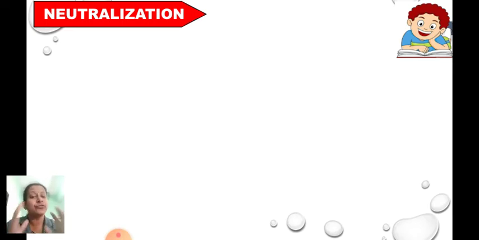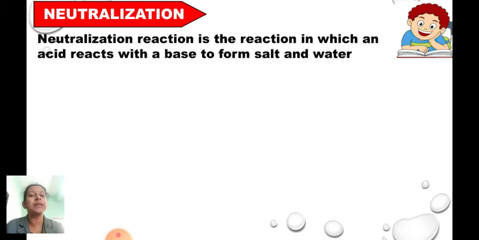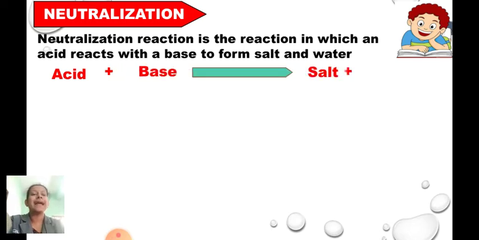Therefore, neutralization is a process, a reaction in which an acid reacts with a base to form salt and water. So when an acid reacts with a base, it forms salt and water, and once it forms salt and water, the effects of the acid and the base get neutralized with each other, because water is formed and water is neutral, and whatever else is formed is